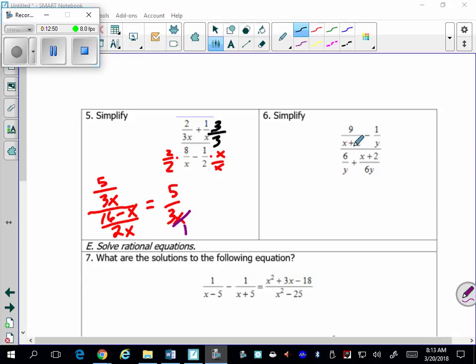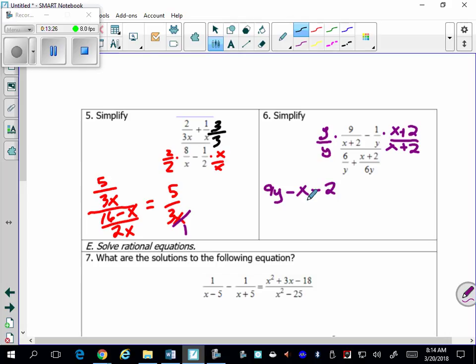Looking at the numerators up here, we have to get like denominators. So it looks like the easiest way is y times x plus 2. So x plus 2 over x plus 2. So that numerator is going to be 9y. We have a negative 1 times x is a negative x. Negative 1 times 2 is a negative 2 over